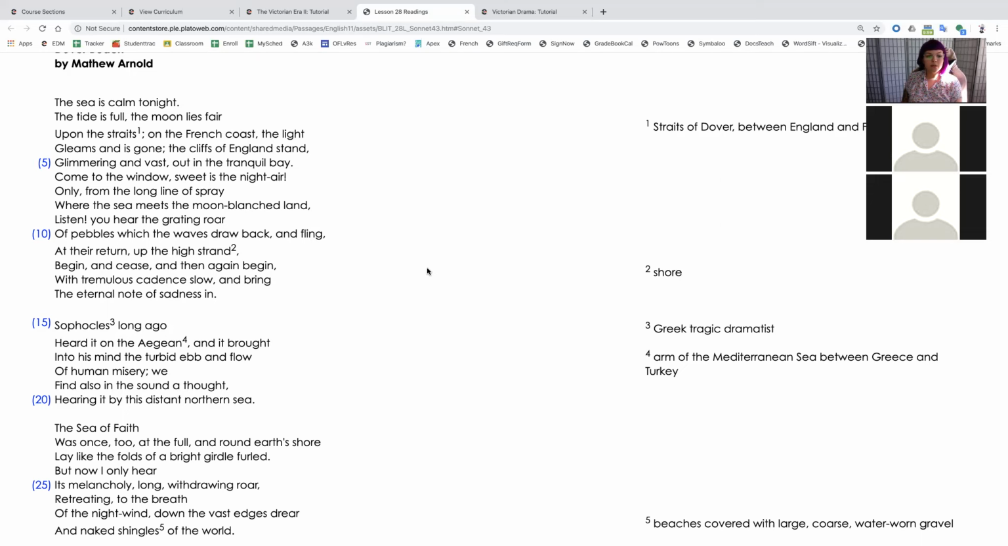The sea of faith was once, too, at the full, and round earth's shore lay like the folds of a bright girdle furled. But now I only hear its melancholy, long, withdrawing roar, retreating, to the breath of the night wind, down the